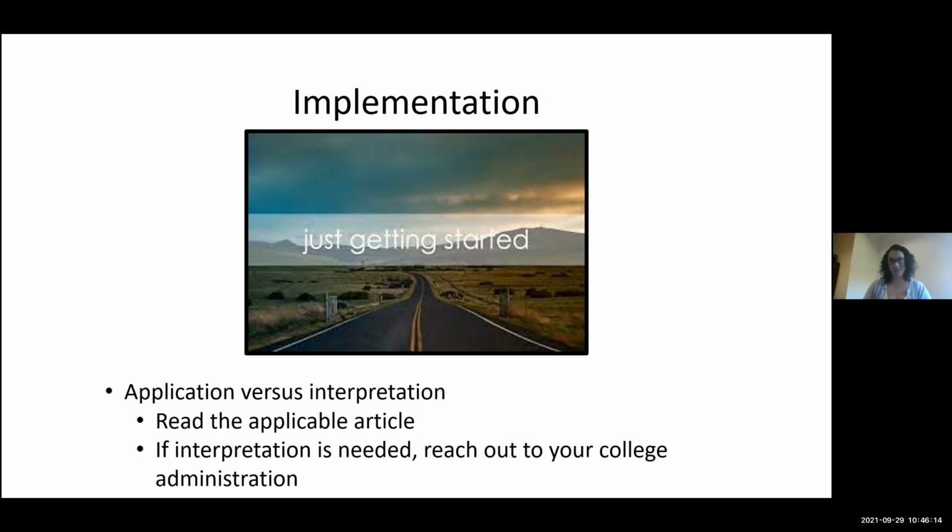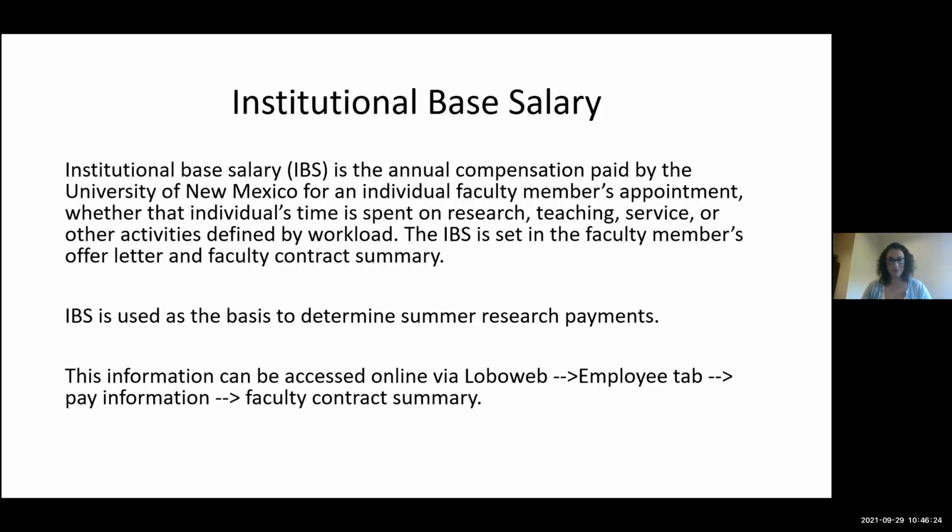So please do that. Those are all the articles of the collective bargaining agreement that I wanted to go over today. The other item I wanted to talk about, which is probably what everyone is most interested in, is institutional base salary. My understanding, and I was not in this role at the time, so if I misstate something, please let me know, is that when we rolled out the summer research guidelines for this past summer,